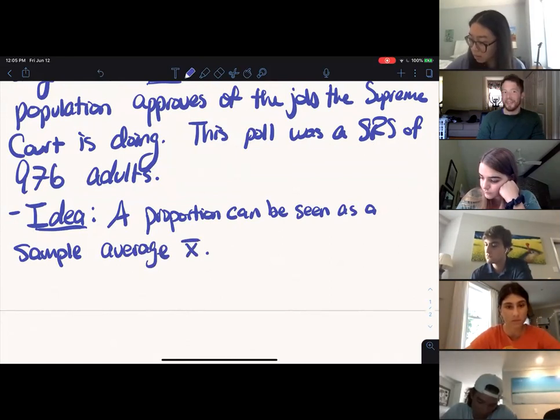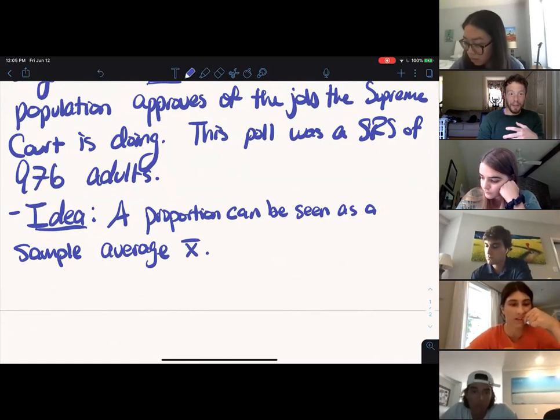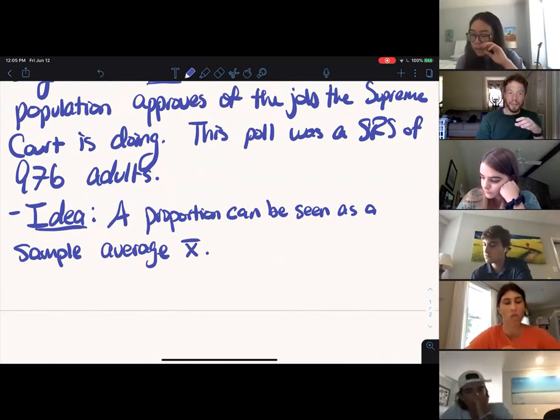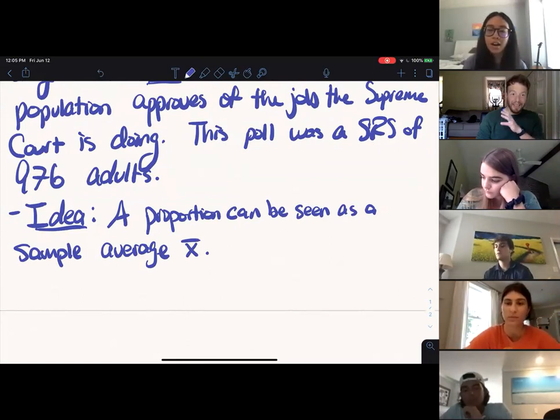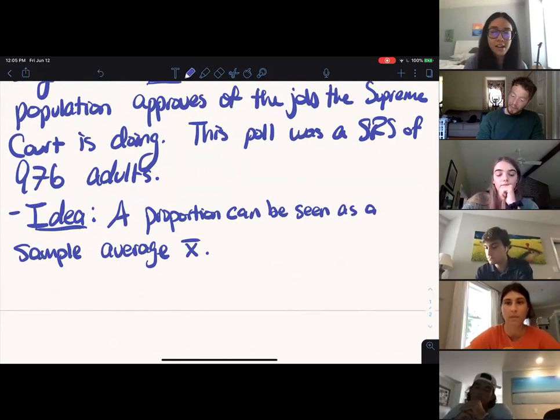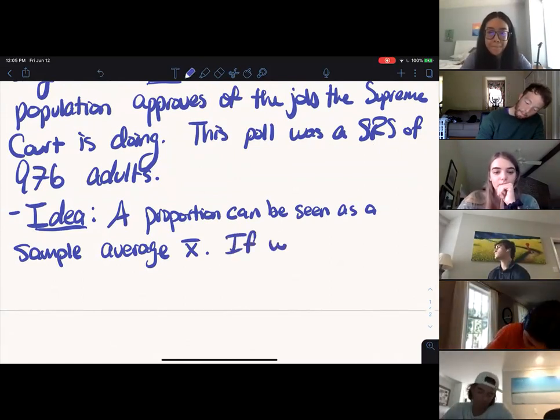So this is a little new. Remember, the sample average is a sample mean. I take all my data, add it up, divide it by n. What I'm saying is there is sort of like an equivalence or a homology between this sample proportion and this sample mean. And the way that we make that connection is if we represent